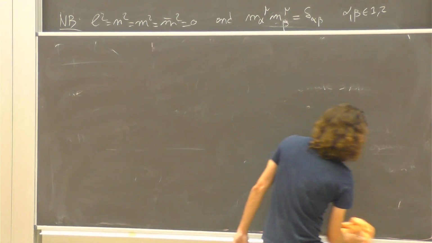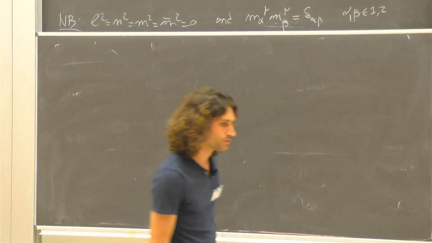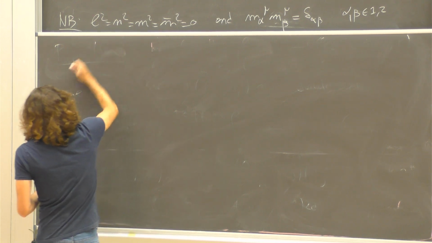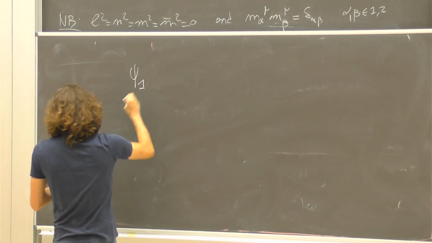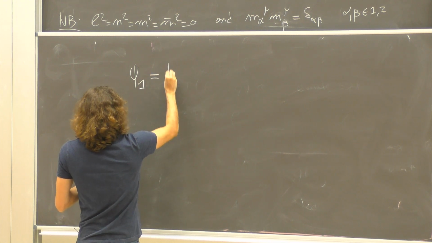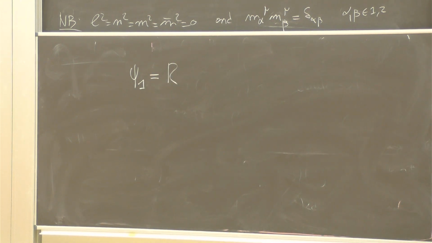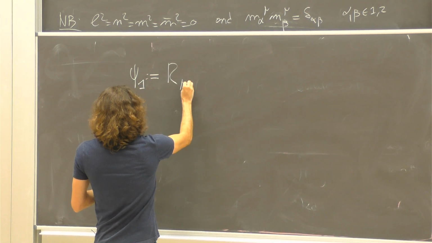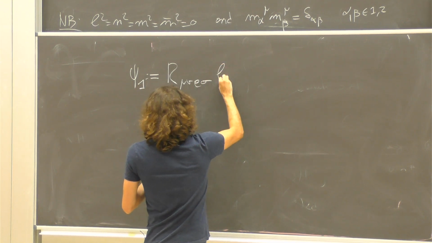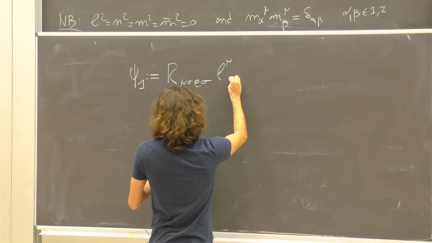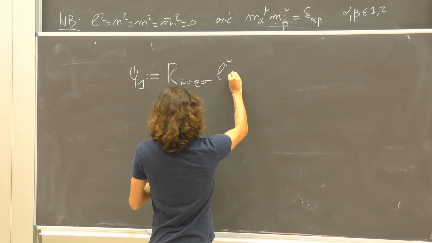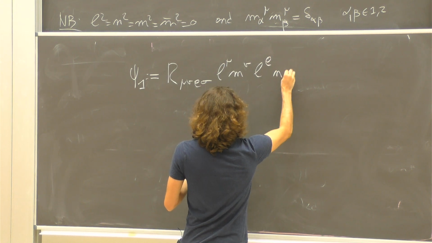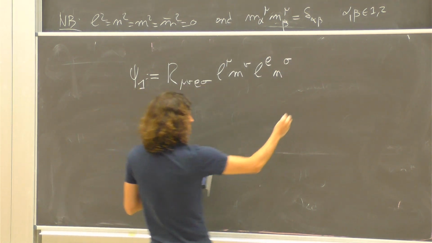So of course, it's not the only object that you could have constructed from the Riemann tensor. There are other guys. So you see, this one is an invariant. There is another guy that you could have constructed, which is the psi1 Newman-Penrose coefficient, which is a definition. So there is this psi1, which would have been something like this, R mu nu rho sigma, m mu L nu n rho m sigma. This is again a complex number.